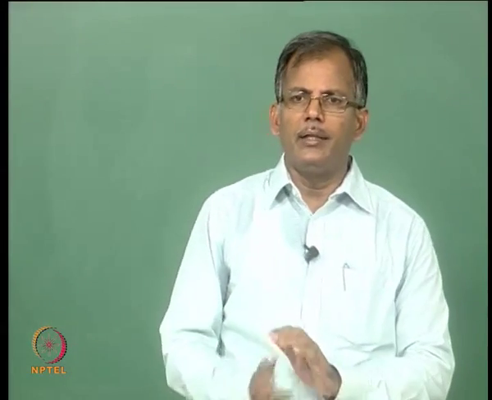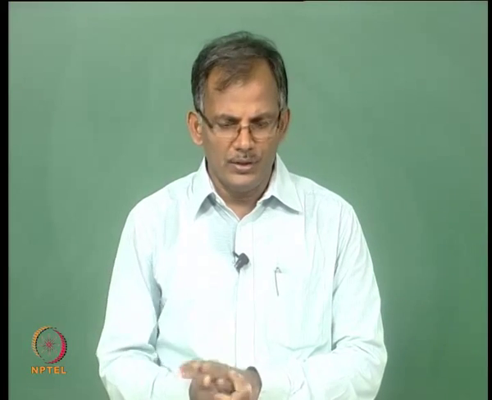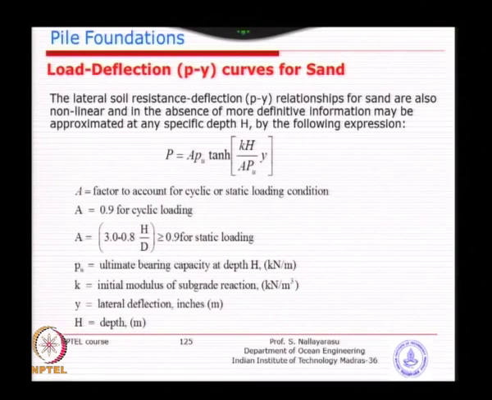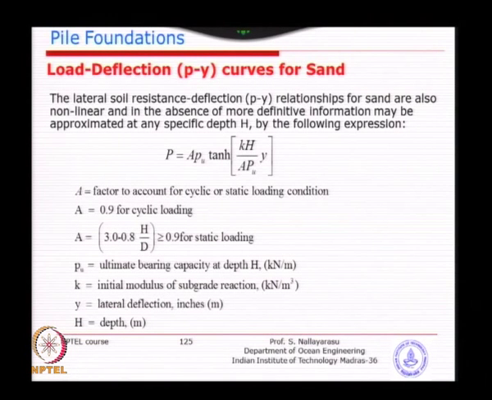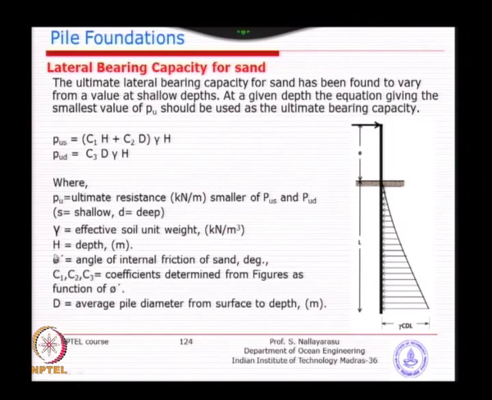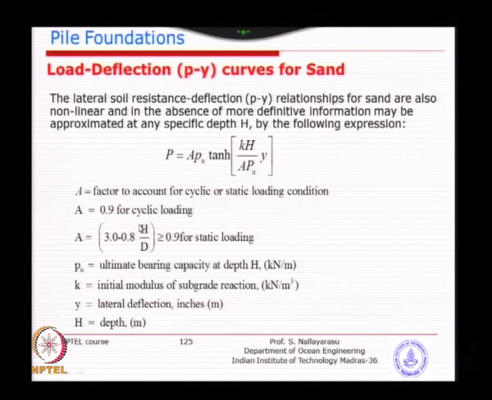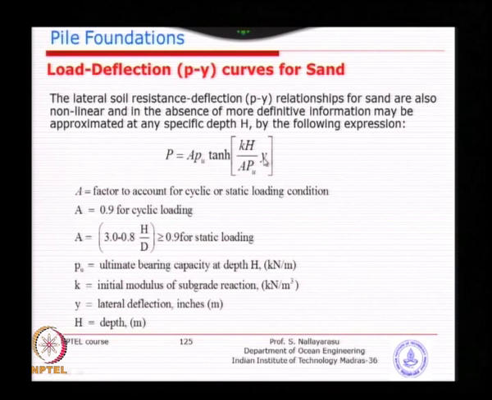Now, the relationship between load and resistance is also given in terms of a closed form equation like this, instead of coordinates of load point and coordinates of displacement point. Here you can see it is given in terms of PU. PU is the value of ultimate resistance calculated from the least of these two values, and the remaining parameters like the displacement.